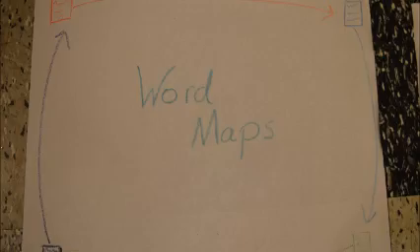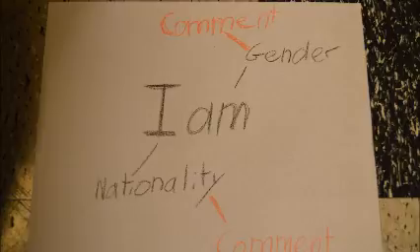Next, take them and redistribute them. Now your students have new word maps in front of them. Your students are to make commentary on these ways of identifying by making new lines in a different color. These comments are pros and/or cons. There are no right or wrong answers. Some examples might be, authority figures might be harsher to this group, or the news depicts this group in a negative way. Recollect the word maps.